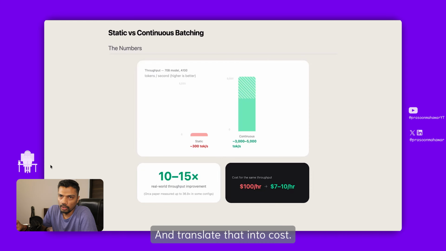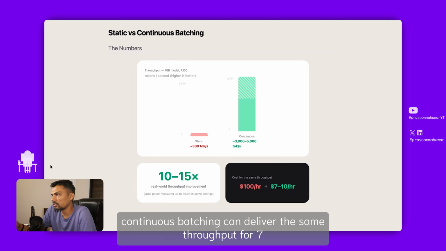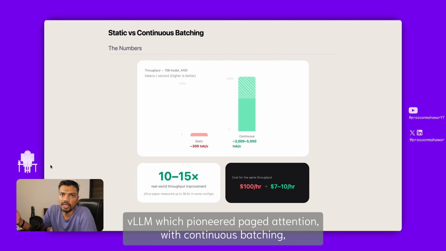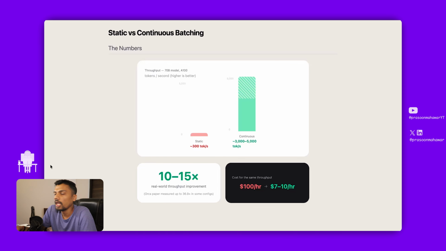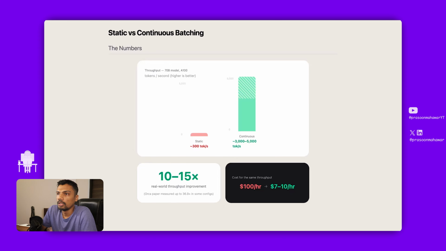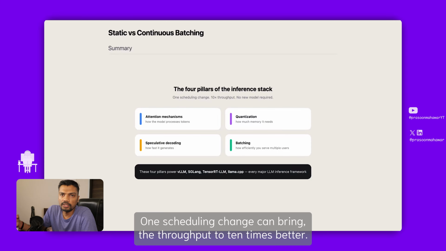Let's translate that into cost. If you were paying $100 an hour to serve a model with static batching, continuous batching can deliver the same throughput for $7 to $10 an hour. This is the single biggest reason vLLM, which pioneered PagedAttention with continuous batching, became the dominant LLM serving framework almost overnight. So to summarize static versus continuous batching, one scheduling change can bring throughput to